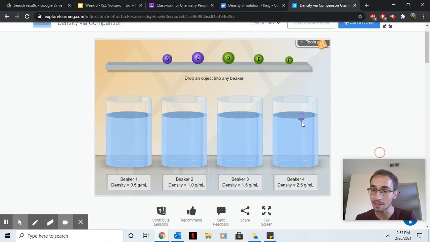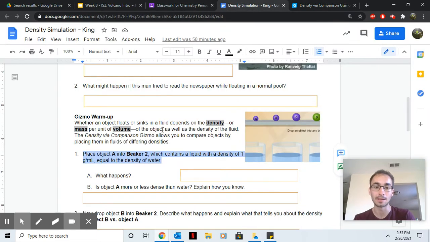So right now A is floating, barely, but A is floating in beaker 4. Beaker 4 has a density of 2.5, so I know the density of A is lower than 2.5 because it's floating, so it must be less dense than the liquid. So I know it's more than 0.5 because it sinks, but also know it's less than 2.5 because it floats. Okay, that will help you